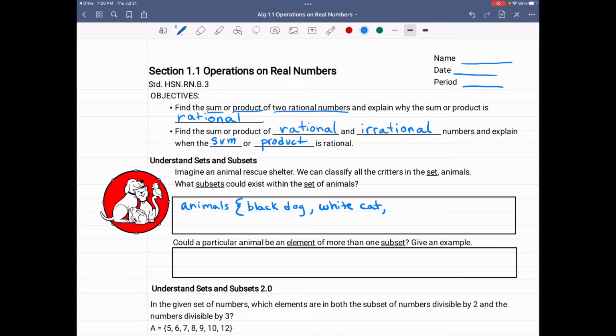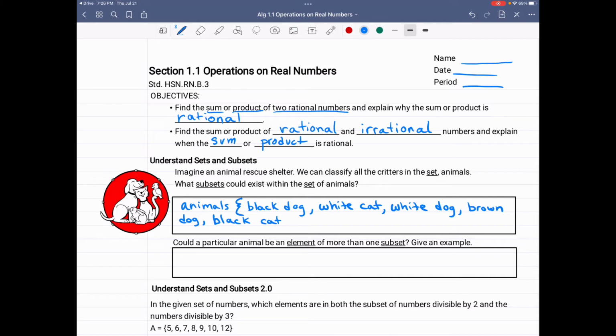We see a white dog. And we see a brown dog. And maybe we see a black cat. And you can say however many animals,